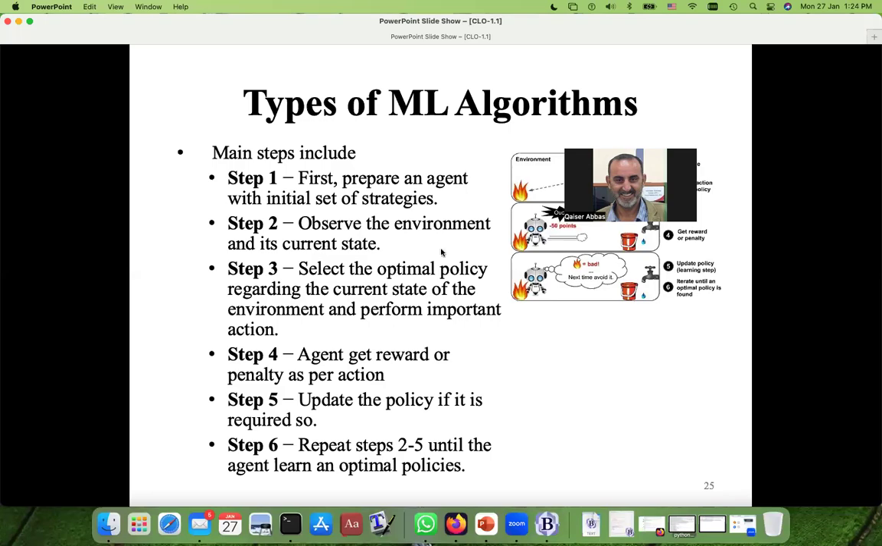Start with this. Let's start with this topic. Previously,